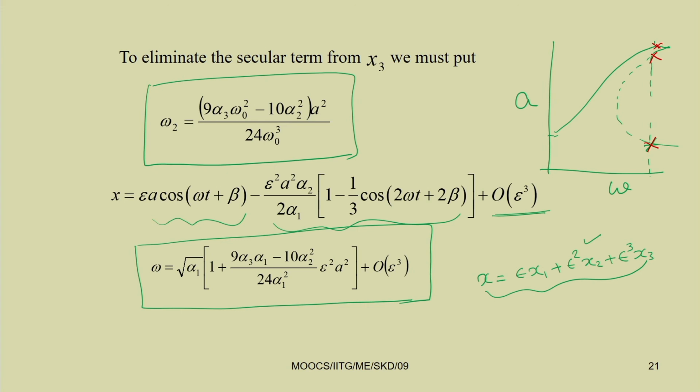So, in this particular case, up to this point you have a single solution. For one value of omega you have one value of A, and after that, up to this point, you can have multiple, that means three values of A for a particular value of omega, and again after this you have a single value of A for a particular value of omega. So, in this region you have multiple values of A for a particular value of omega.